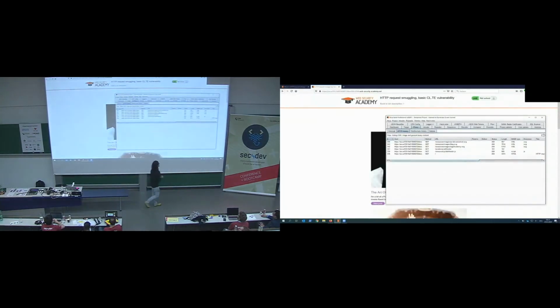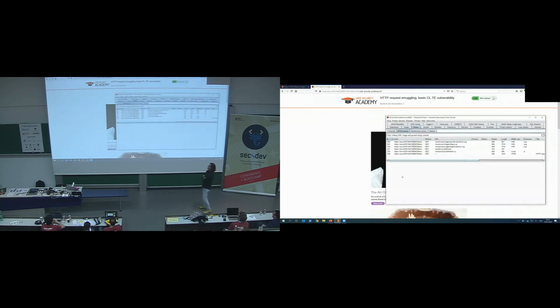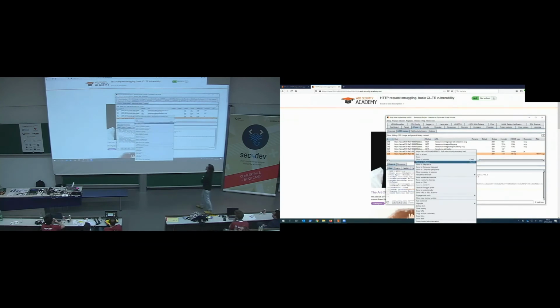So how does it look like in a demo? Once again, shout out to Portswigger for another pretty nice lab of theirs. In that case, we're having a blog. And we're opening up our favorite tool once again, which is Burp Suite. We're taking any request, doesn't really matter. We send it to the repeater,